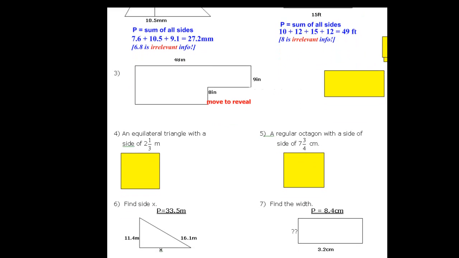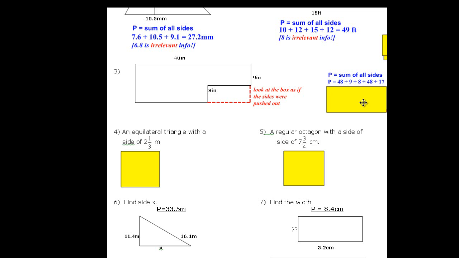We're also going to have some irregular shapes. Now we know this length is 48, this is 9, this is 8. How can I get the perimeter of this figure? I'd like you to pause here and maybe think about that. Well, if you've already paused, if we move this piece out of the way, these lengths are actually the same as those lengths. So I can say it's the sum of all sides and add 48 and 9 and 8